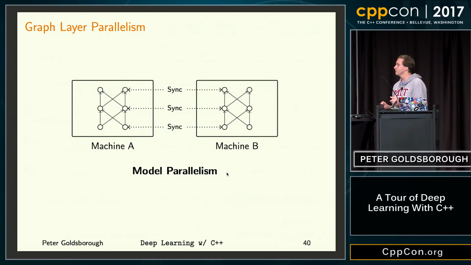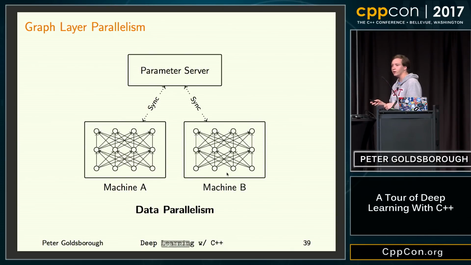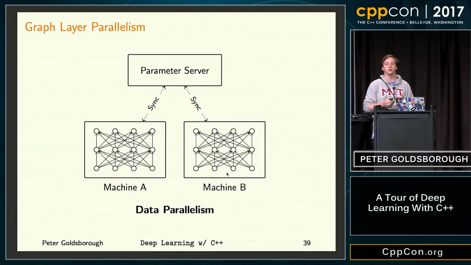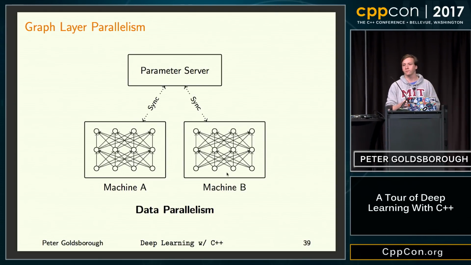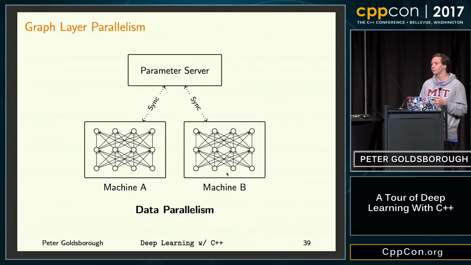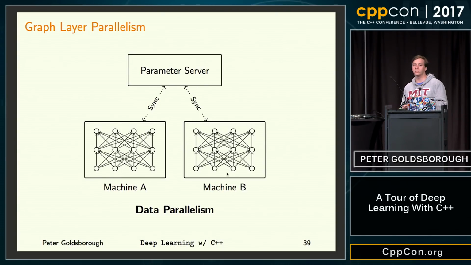The other way in which this kind of parallelism is actually interesting is that in the previous case, after every evaluation, we have to pass all the weights of our machine learning model to the parameter server. And to give you some rough numbers, a popular machine learning model for image classification is called AlexNet, and it has about 130 million trainable parameters. So that's 130 million floating point values on each machine for each of these model copies. And of course, transmitting that from each machine to the parameter server takes a large amount of time.